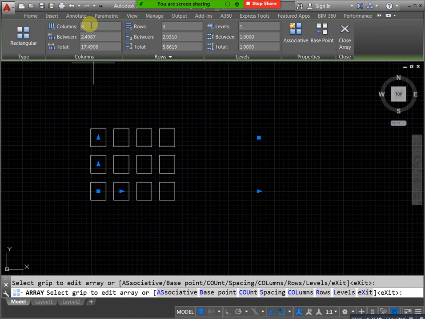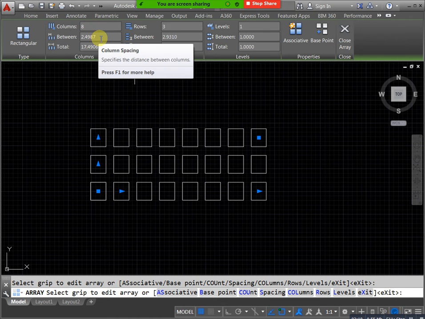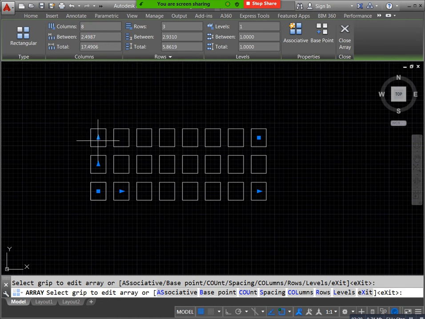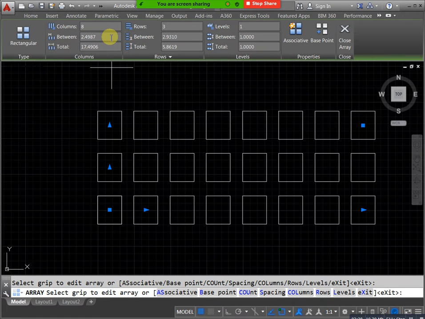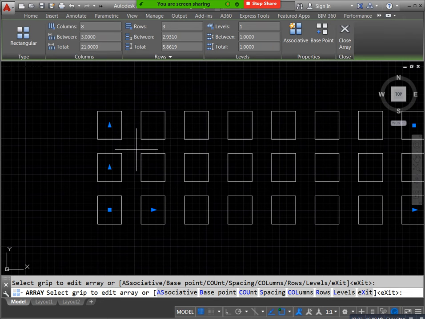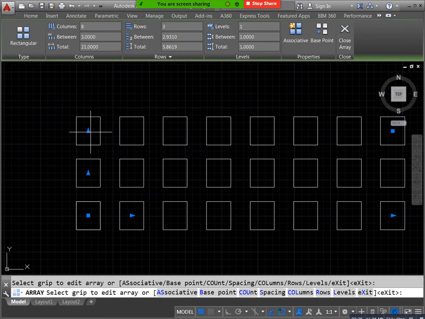Next you can specify your distance. This box is there, right? From this profile center to this profile center, how much distance do you need? For example, here we have 2.4. I need to apply 3. You can apply 3. If you have any doubt, you can check from this point to this point and directly get the answer.